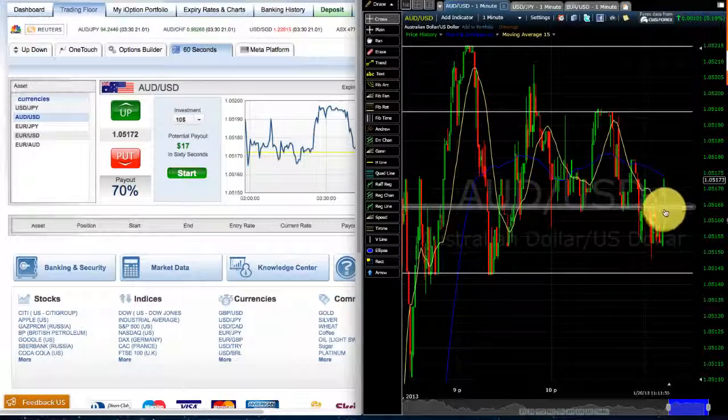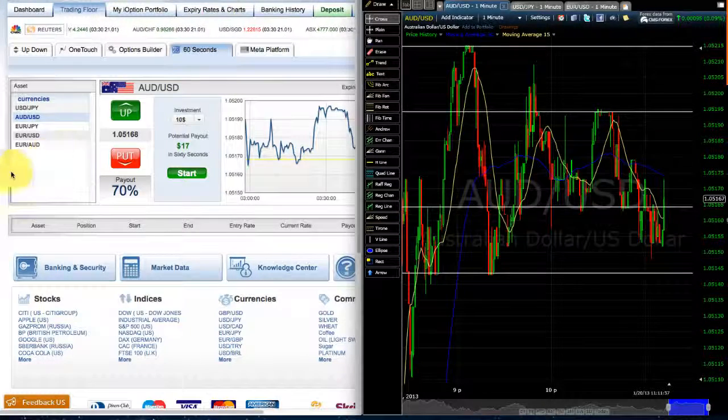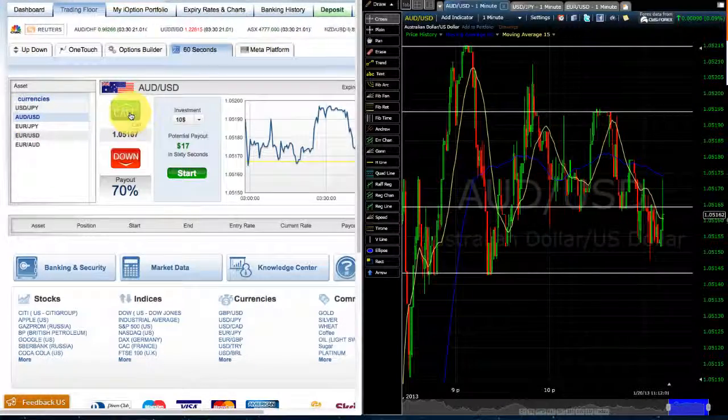I see here it's actually broken through. Right, we're actually going to trade this now. So this is the AUD USD. We're going to hit up, and we're just going to start